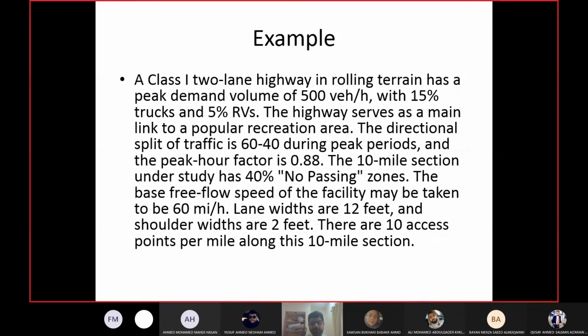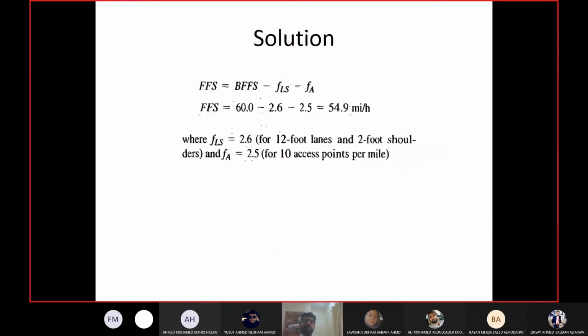So we'll start with the calculation of free flow speed. We'll always start with the calculation of free flow speed. Now, no speed sample is taken here, so I will use the third condition. Just to refresh your minds, we have 3 cases to find the free flow speed. Find it from the field directly in free flow conditions, with no calculations required after that. Take the speed sample in any condition and then calculate the free flow speed. Or there is no sample from the field, so calculate the free flow speed directly from the equation. Here, no speed sample is given, so I will take the free flow speed from the equation directly.